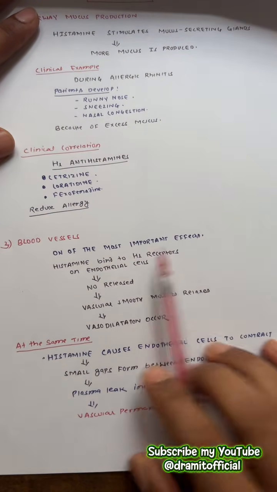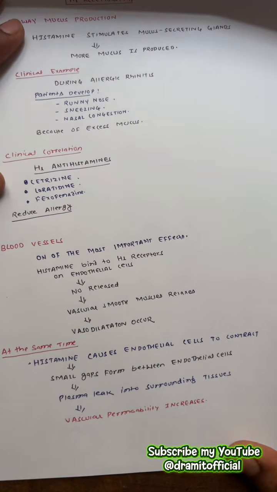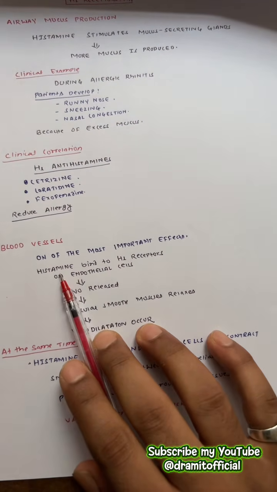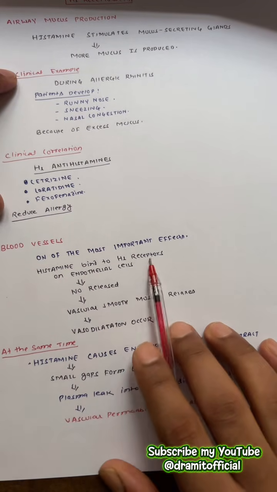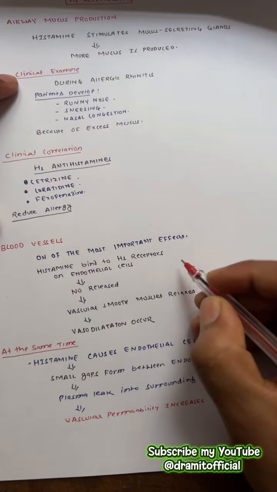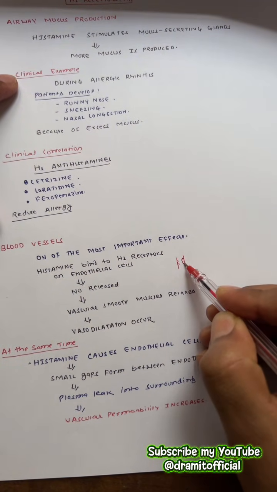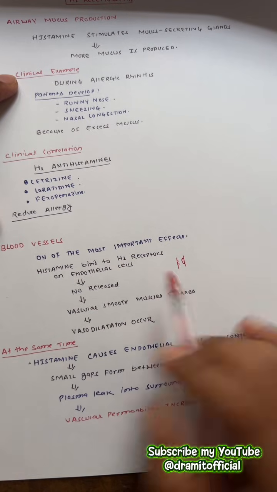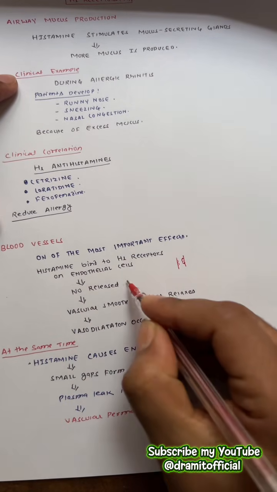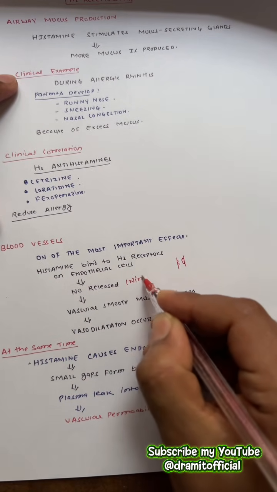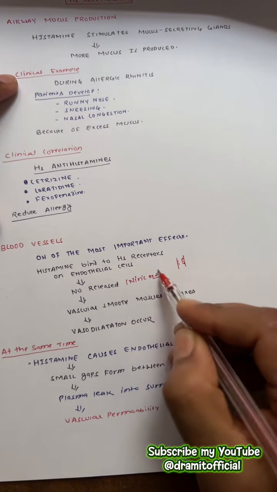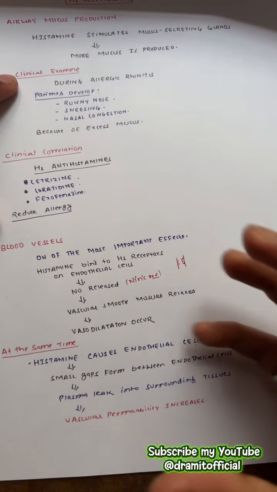Okay, so this is one of the most important effects. We all know that if there is release of histamine in any condition, histamine binds to the H1 receptors of the endothelial cells. We all know that in the blood vessels there are endothelial cells. So when histamine binds to the H1 receptor of endothelial cells, nitric oxide (NO) gets released, and this causes vascular smooth muscles to relax, and